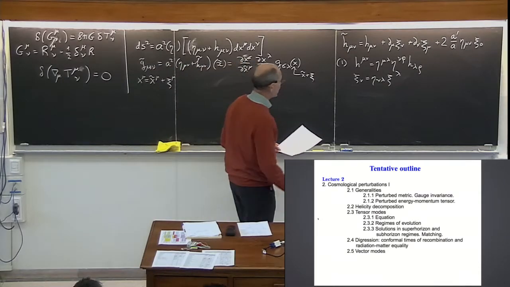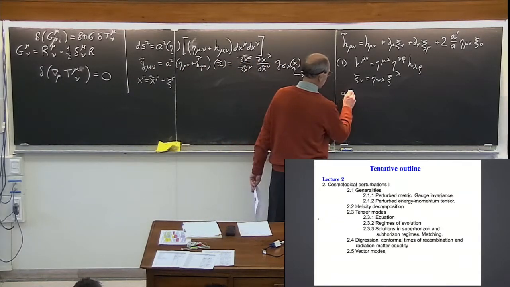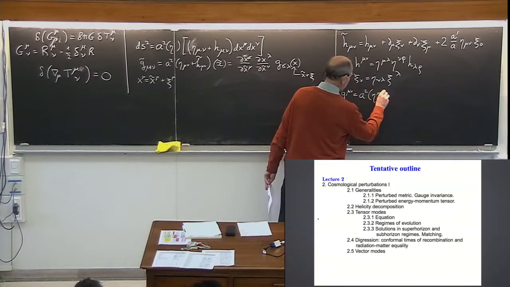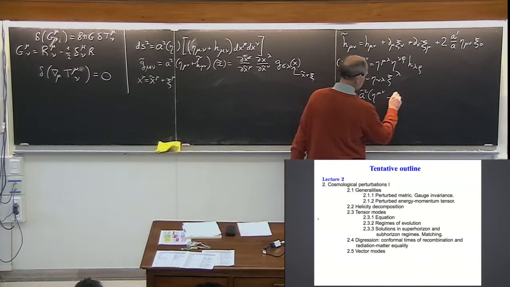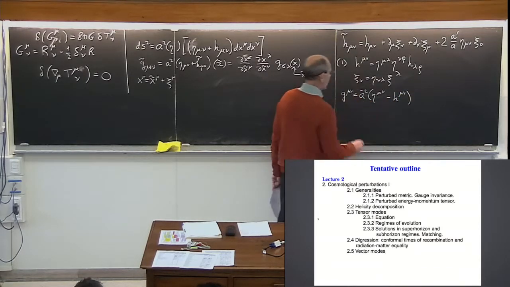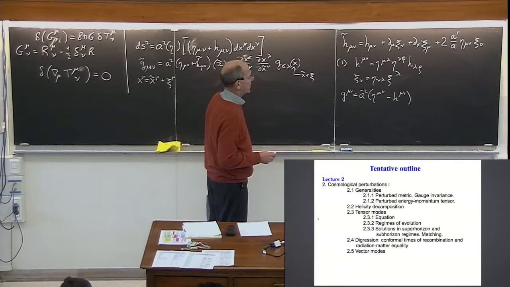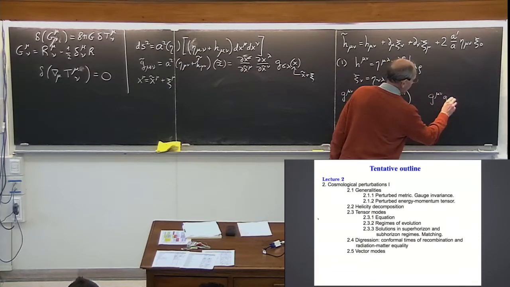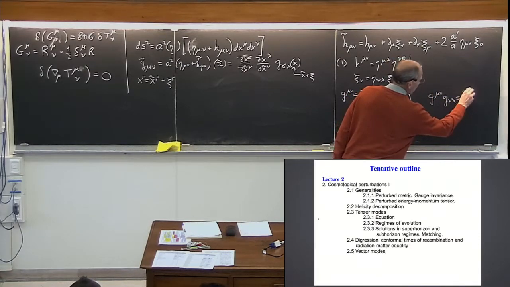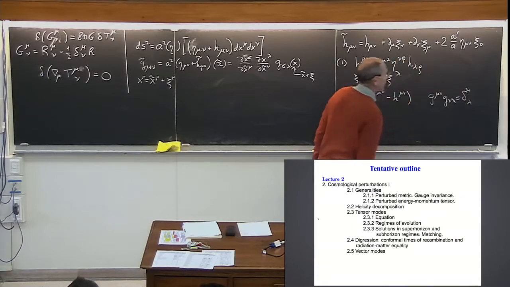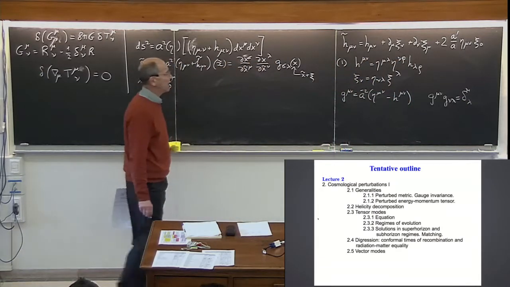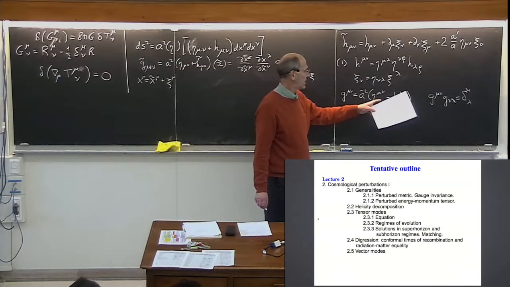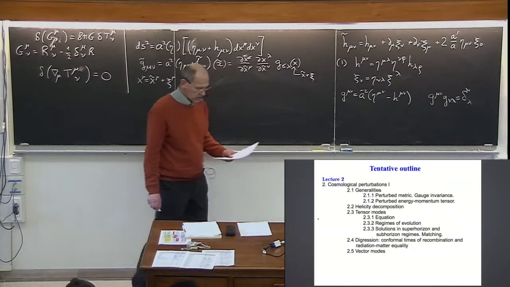That's one thing. And in particular, this means that g upper mu nu is a to the minus 2 times eta mu nu minus h mu nu. And this follows from the fact that g mu nu g nu lambda equals delta mu lambda. Okay, that's the definition of the inverse metric, and therefore because of that and our convention here, this is the right expression for the metric with upper indices.